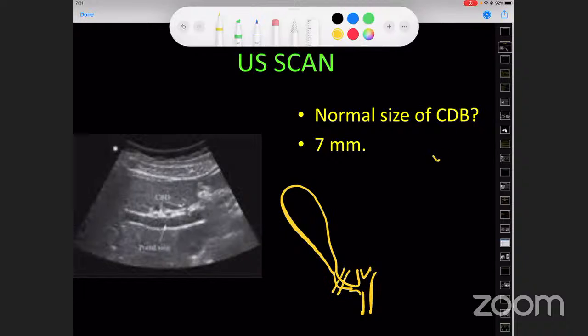a subtotal cholecystectomy, people have called it type 1 and type 2. If you leave one part of the stump, that is called a type 2, in which you leave a part of the infundibulum, particularly the part of the Hartmann's pouch, and the cystic duct is not well seen. This is technically called a type 2. A type 1